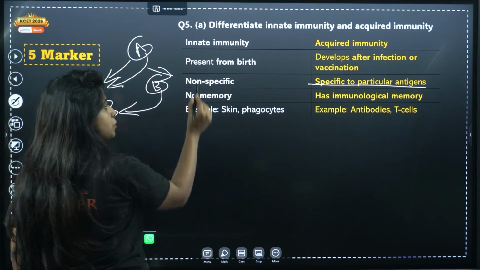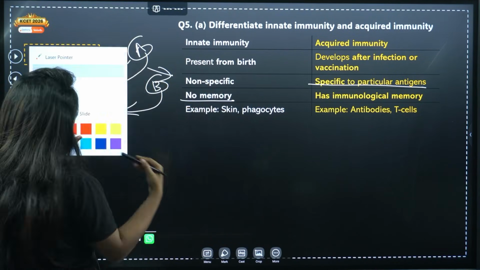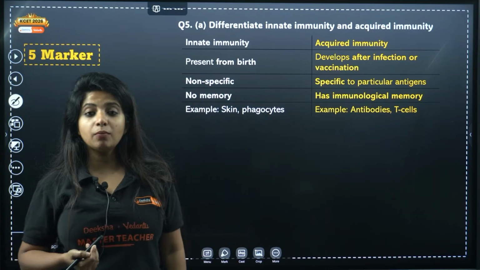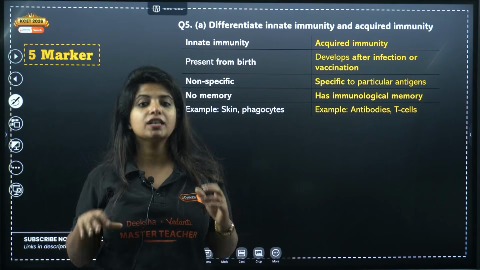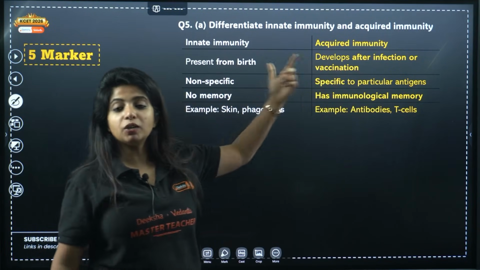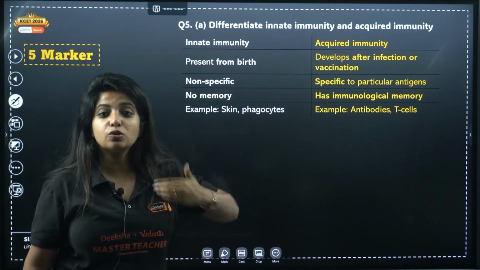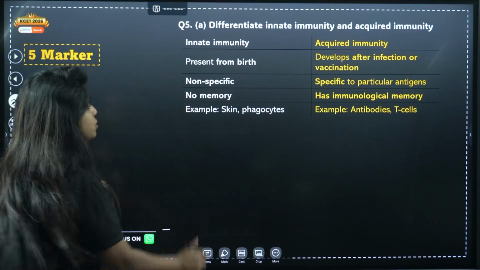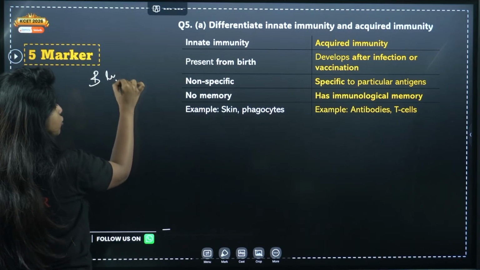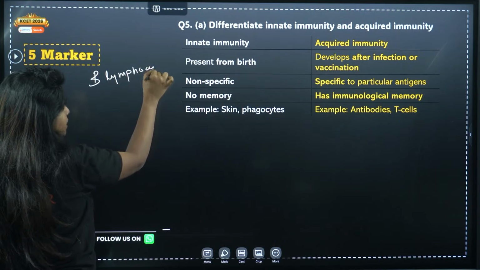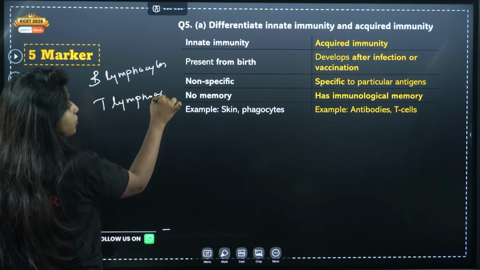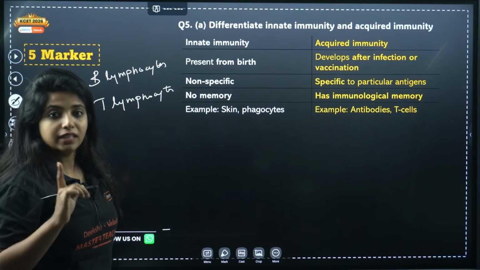Now, innate immunity, does it have any memory? Does your skin have any memory that some infection has taken place? No. Does your body have any memory that something like this has taken place? In terms of immunity, my dear children, no. But whenever you talk about acquired immunity, there is a memory associated. Why? Because, my dear children, in acquired immunity, you basically have two types of cells which are playing the most important role, which is B lymphocytes and T lymphocytes. They are specific types of white blood cells that we develop in our body.